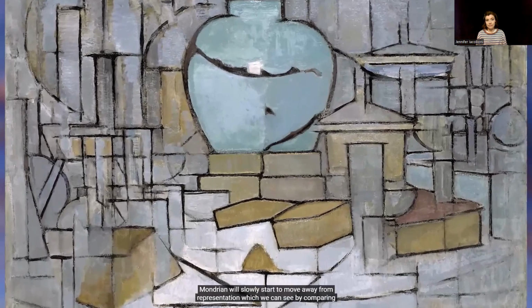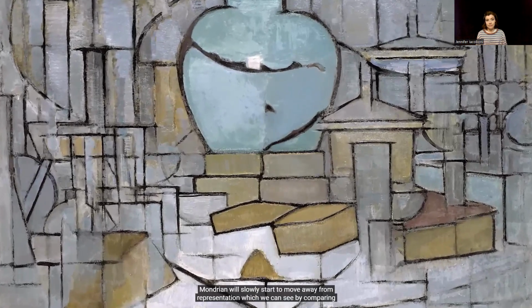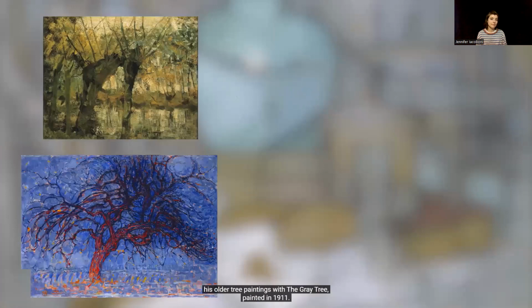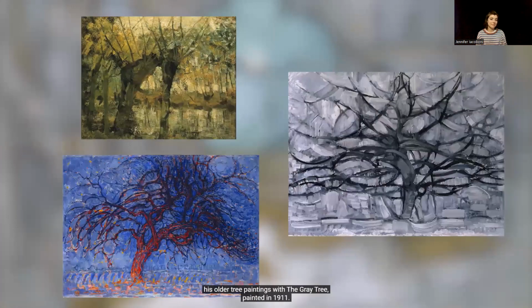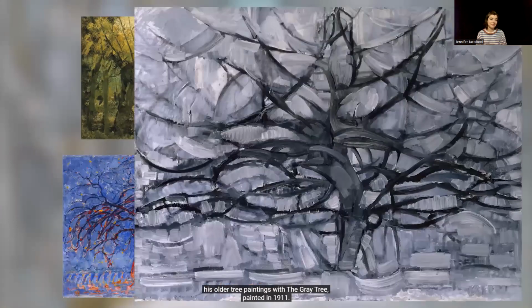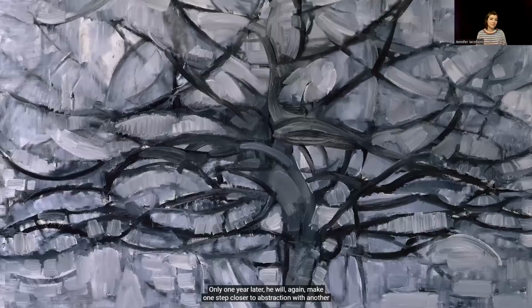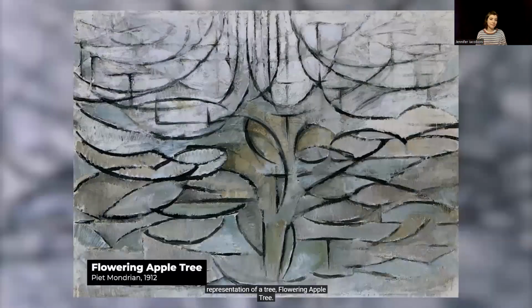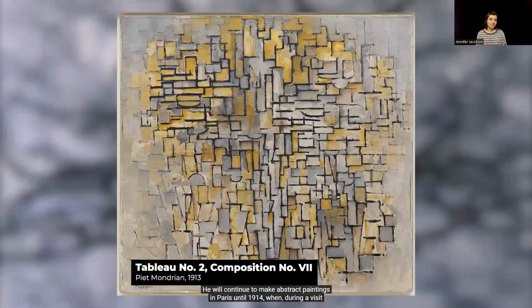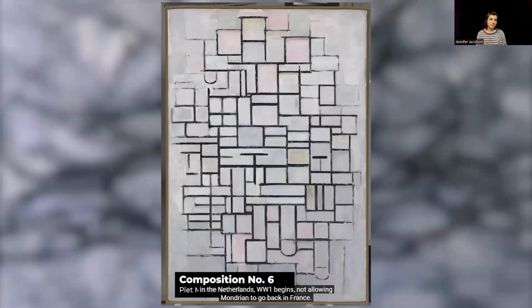Mondrian will slowly start to move away from representation, which we can see by comparing his older tree paintings with The Great Tree, painted in 1911. Only 1 year later, he will, again, make one step closer to abstraction with another representation of a tree, Flowering Apple Tree. He will continue to make abstract paintings in Paris until 1914 when, during a visit in the Netherlands,